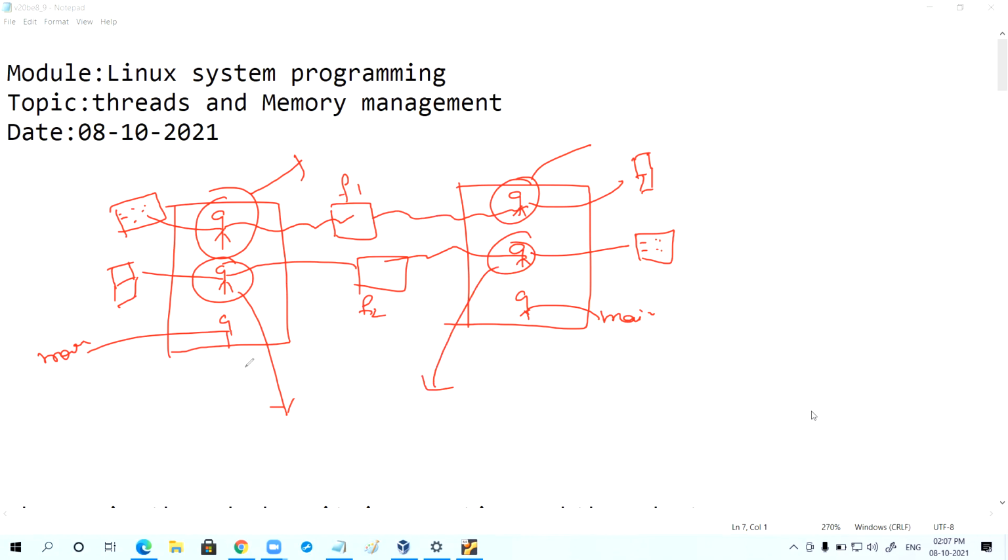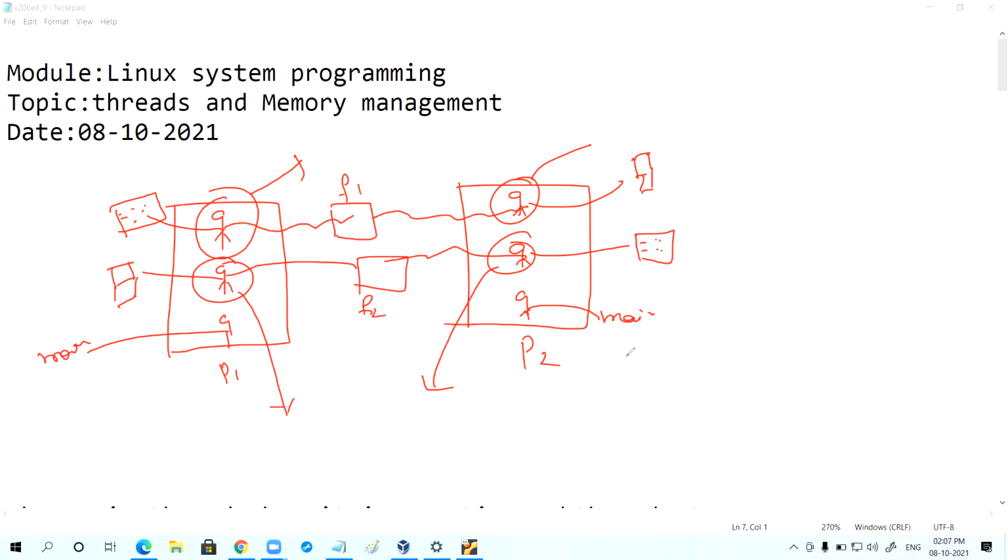The external world recognizes this as the two processes. But how many threads are involved in total to achieve this task? Can I say 4 threads are there? I hope that's what we discussed in the last session.